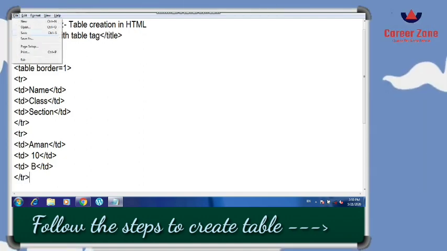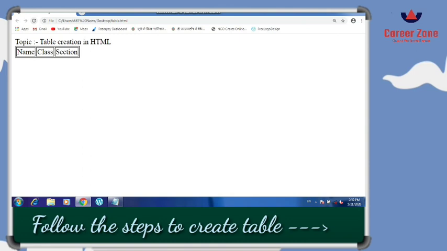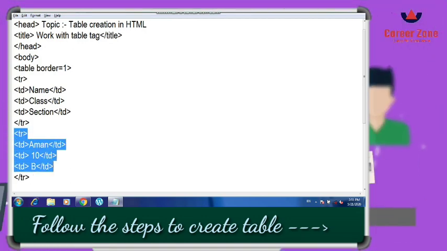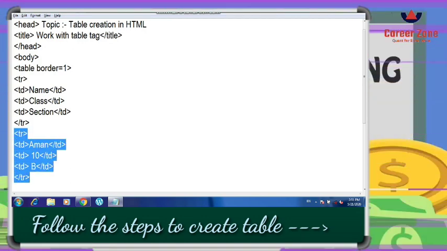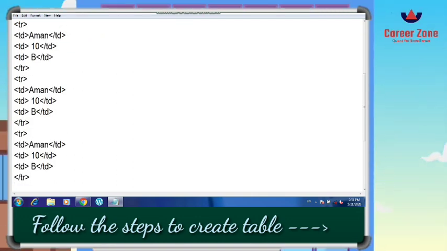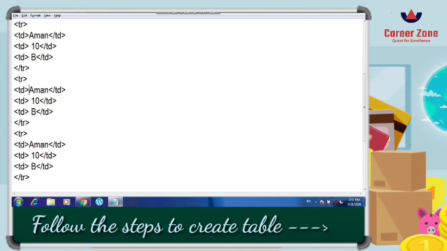Go and save the file, and then you can find out how the data is entered. So as many rows as you want, you have to keep on adding these values. You have to repeat this for the number of rows you want. You can just change the data here.